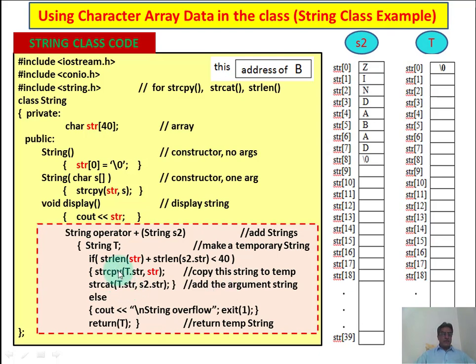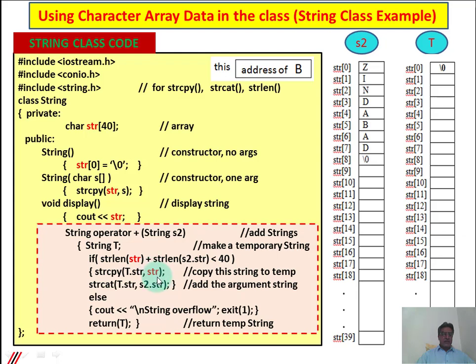Here, firstly, we move or copy the value of the P object, that is str, whose address is here in this pointer memory. So the value of str is Pakistan. It is assigned, it is copied with strcpy. This function will copy the str value in t.str. This is t and this is str. In this memory, firstly the Pakistan value will be copied. So this line of code will copy the str value in t.str.